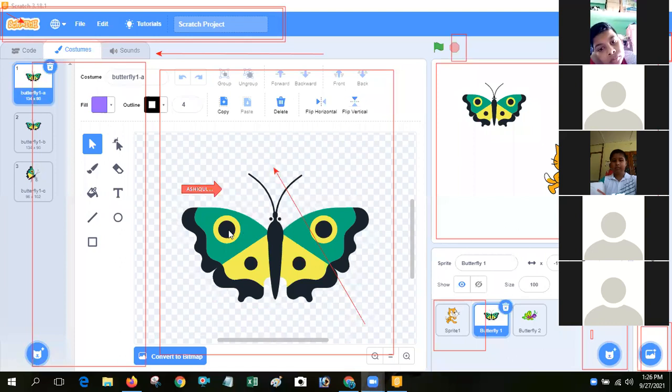Suppose I want to change the color of the butterfly. So you see the paint brush.